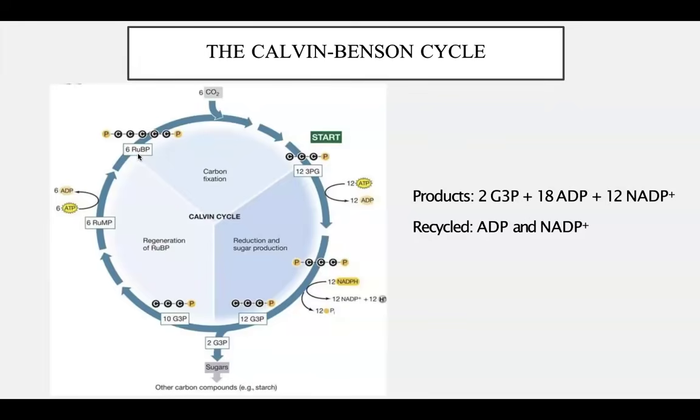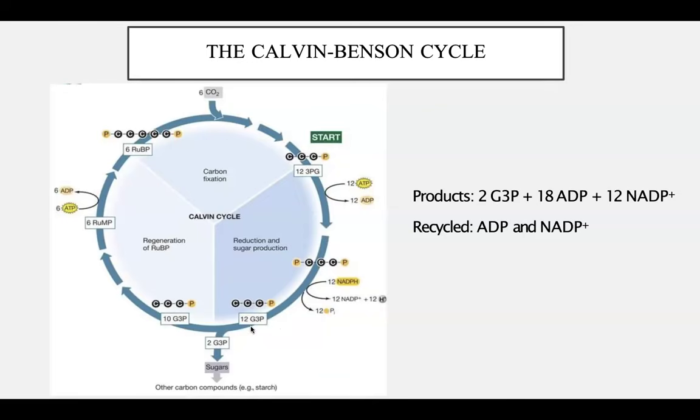For this, what you're required to know, obviously there are a lot of compounds and a lot of molecules, but you will be required to know these 6 steps. Once again, carbon dioxide combines with RuBP through a protein known as rubisco, which helps catalyze it. This then creates an unstable intermediate. The unstable intermediate gets cut in half to produce 3PG. 3PG becomes G3P. 2 out of 12, or also 1 out of 6.